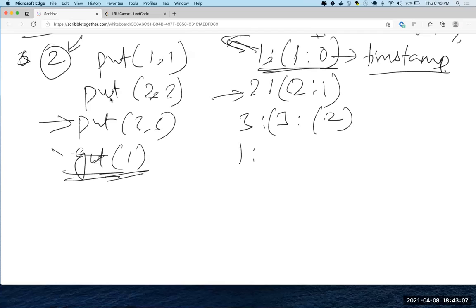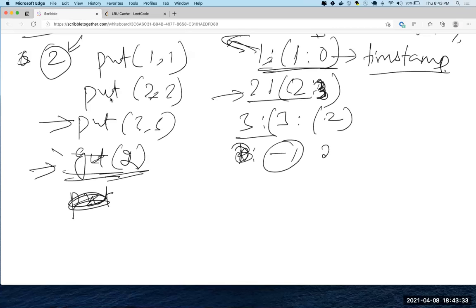If you get 1, it will return -1 because it's not there. If this was a get 2, then this would have become 3. Now you'll have 2, 3 and 3, 2.